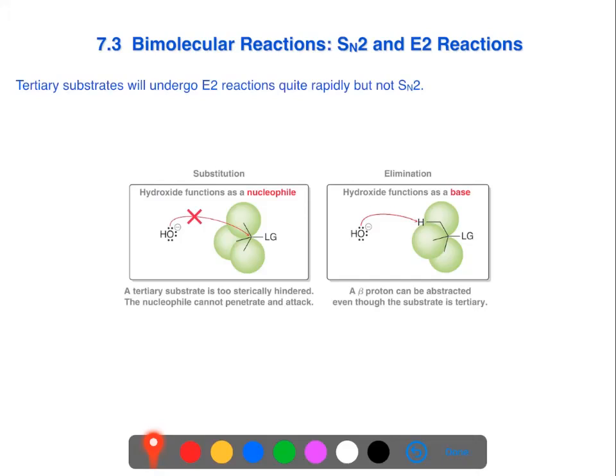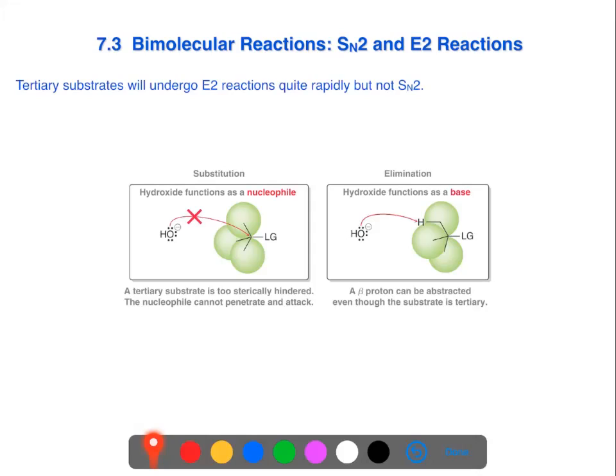That's not the same situation when we refer to elimination. So as shown in this figure, if the hydroxide is your nucleophilic species, or in elimination, your basic species, we said for a tertiary alkyl halide, the chances of the hydroxide actually substituting for the leaving group is very, very low,